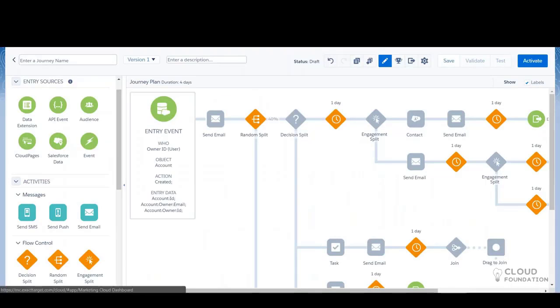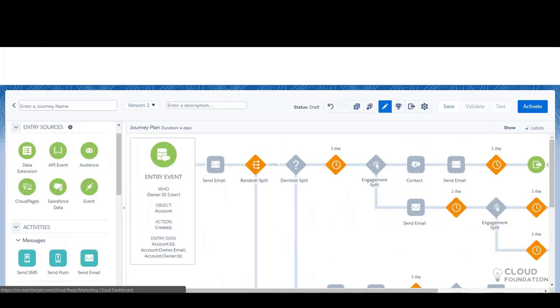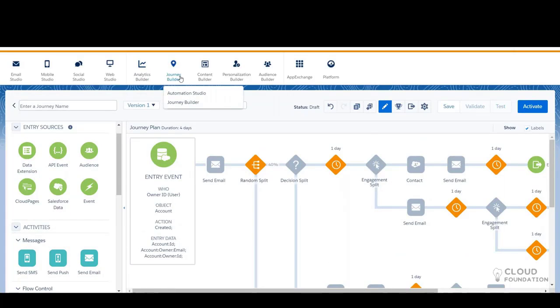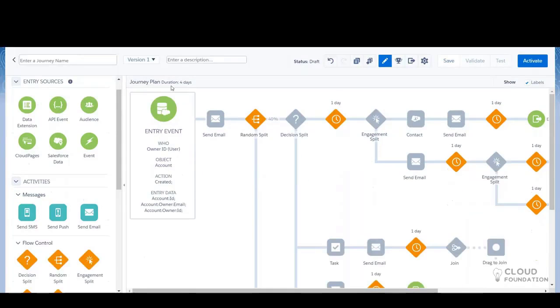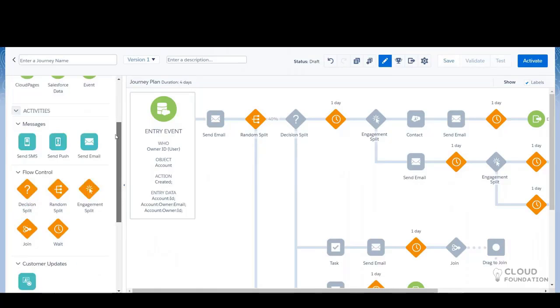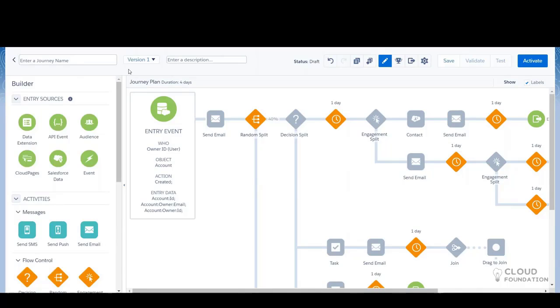In this course, I'll touch upon all the modules and channels, but basically I'll stress more on the daily used and important applications, and that will be Journey Builder, Automation Studio, Email Studio, Mobile Studio, and analytics. I'll concentrate on these, and I'll majorly concentrate on Journey, because this is what you use day in and day out, and most of your customer requirements will revolve around these journeys.